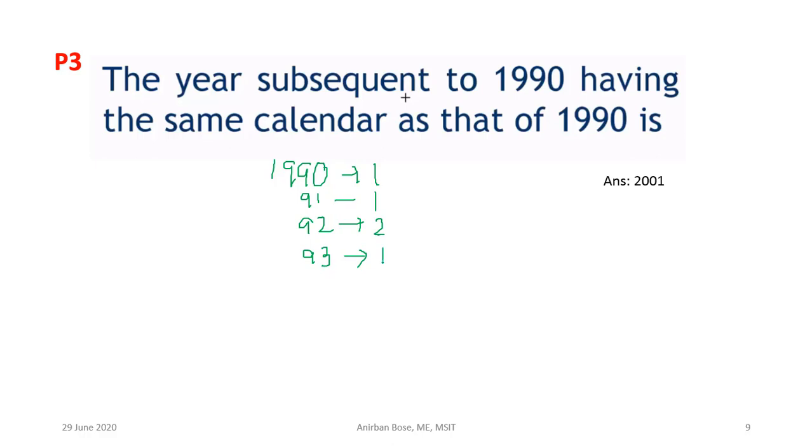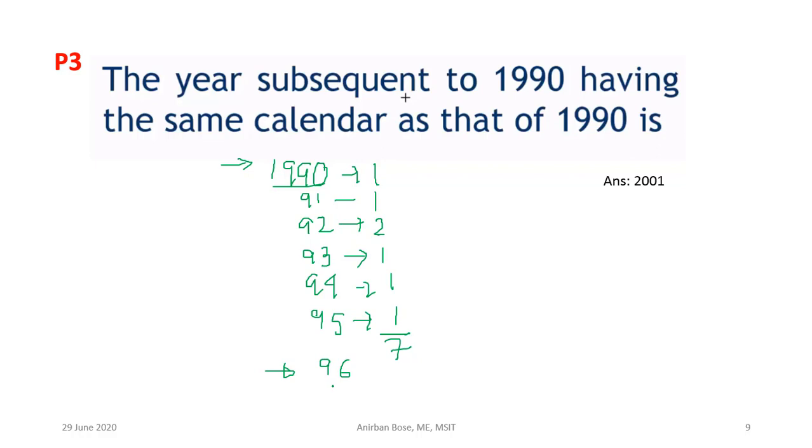So 93, it is 1. 94, it is 1. How much we have got? 2, 2, 4, 5, 6. Okay, 95, 1. So now we have come to 7. 7 means 0 odd days, right? 0 odd days means now 1996 1st January will be exactly the same day of 1990. So calendar should be same, but there is a problem because 1990 is a non-leap year, but 1996 is a leap year. So the calendar will change after February 29, right?